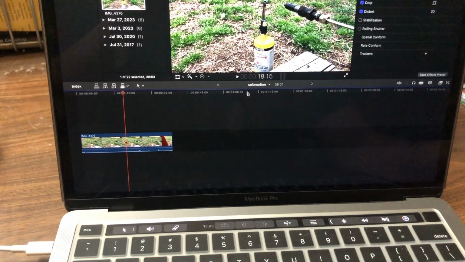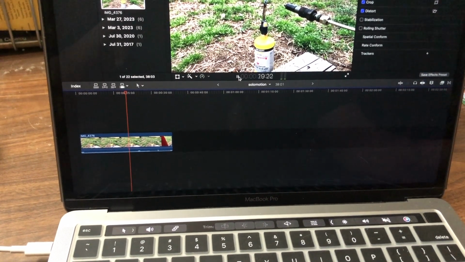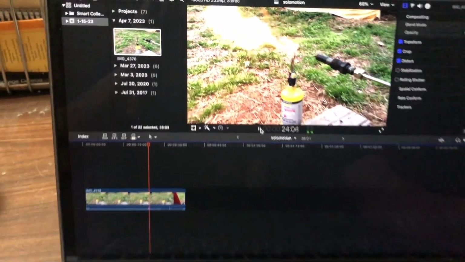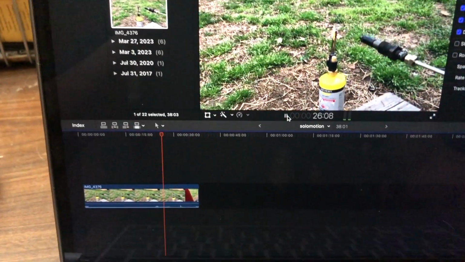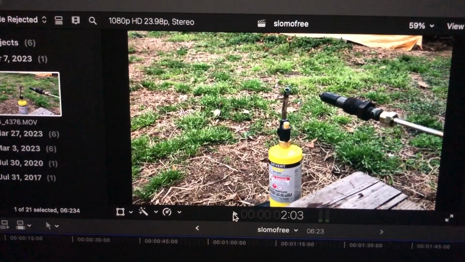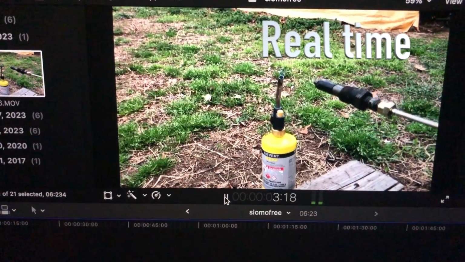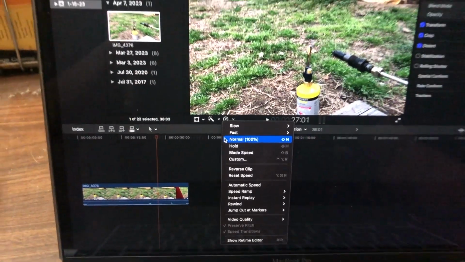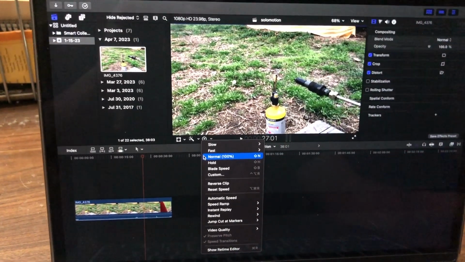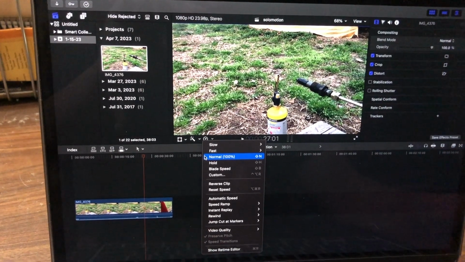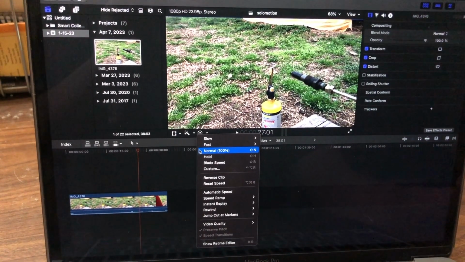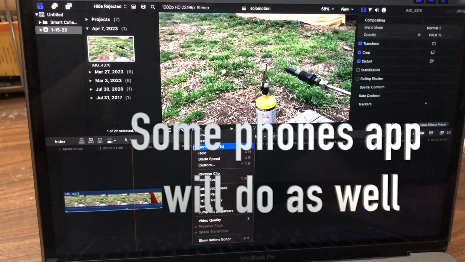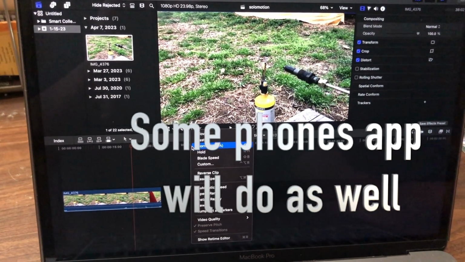so we have this. This is just the slow-mo, just straight out of the phone camera. And I'm using the Final Cut Pro. So this could come with a MacBook. Now, if you don't have this, you can download Shotcut for free, and it will actually slow